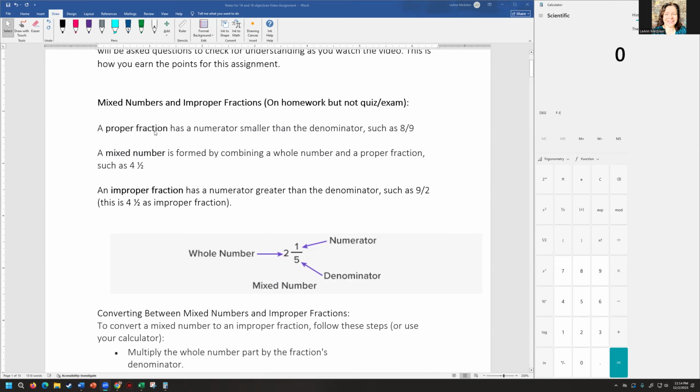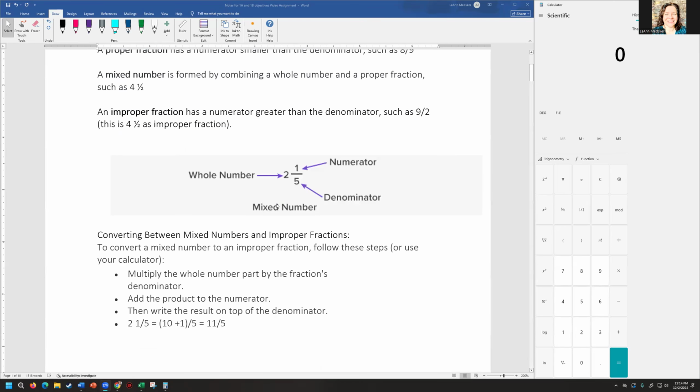A proper fraction has a numerator that is smaller than the denominator, for example, 8/9. A mixed number is a whole number with a proper fraction combined with it, such as 4 1/2. An improper fraction has a numerator that is greater than the denominator, such as 9/2, which is also the same thing as 4 1/2. So we want to look at how we take that mixed number and turn it into that improper fraction format, because that's very useful when we do a lot of things like adding, subtracting, multiplying, or